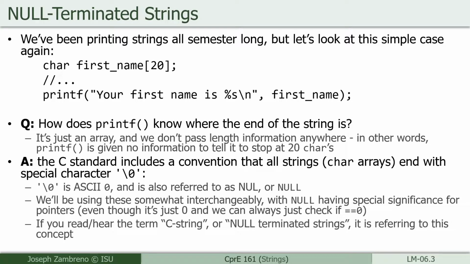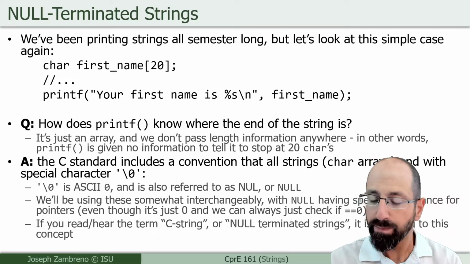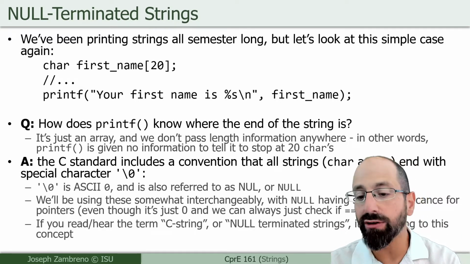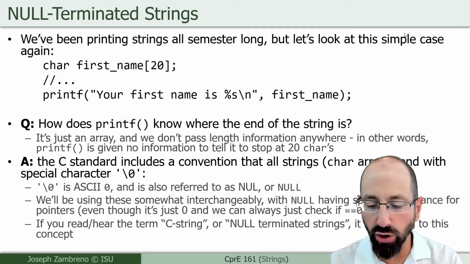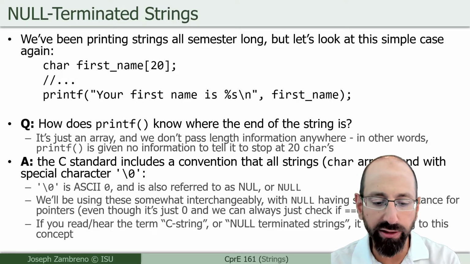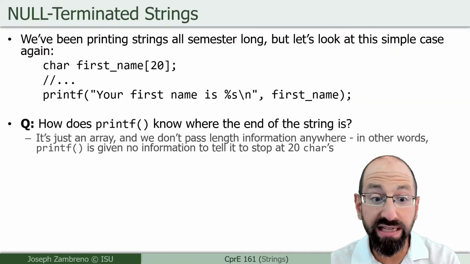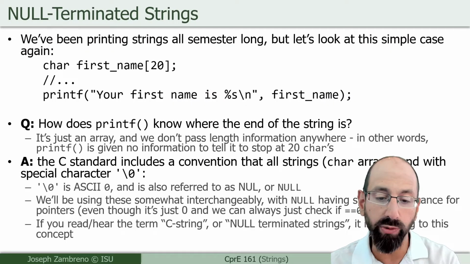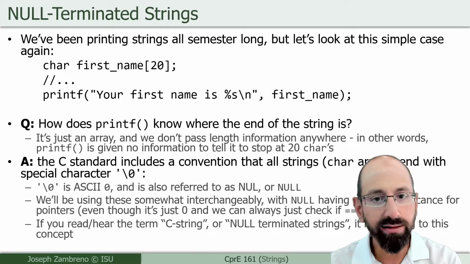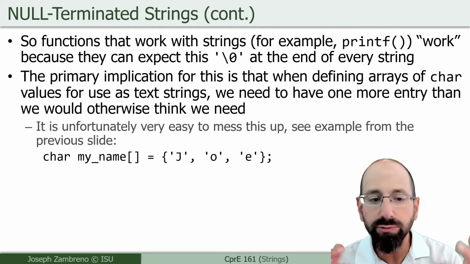That strings in the C standard to encode text are character arrays like any other array, but by convention, they have a 0 at the end of the array. And if you don't, in fact, have a 0 at the end of the array, well, you're going to be like the string that walked into a bar and wasn't null terminated, and the printf function did not know when to end printing that string. That's the joke. Okay, I didn't say it was a great joke,